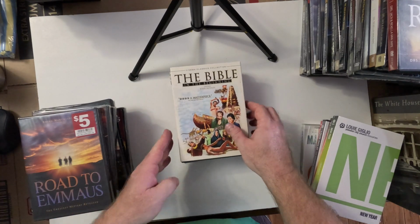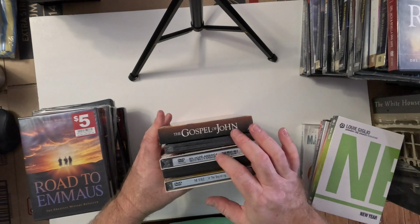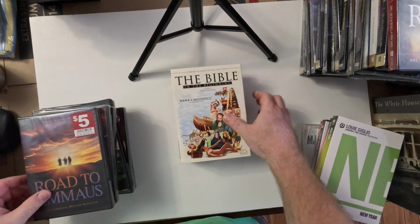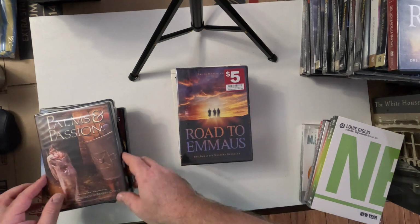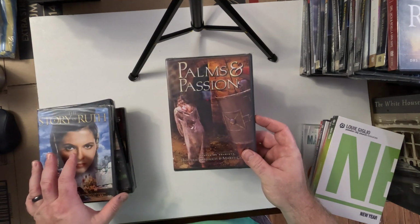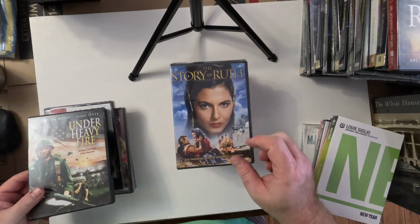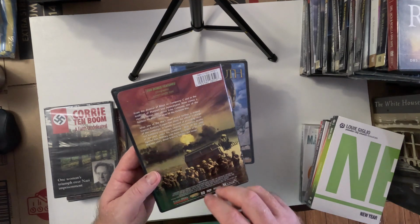No idea, but again, a lot of this is still sealed. This is sealed. Let's see. Billy Graham is sealed. The Jesus Fact or Fiction is sealed. So a lot of sealed items. Road to Emmaus, still sealed. Palms and Passion, still sealed. Story of Ruth, sealed. Under Heavy Fire, that's just a history movie, but that one is also